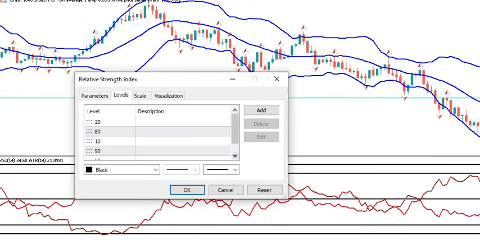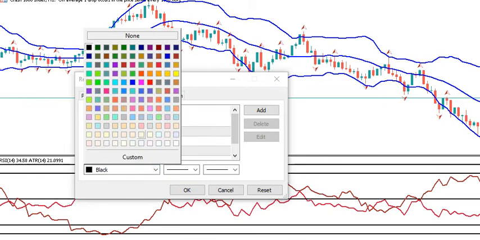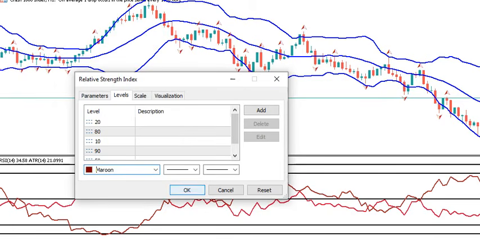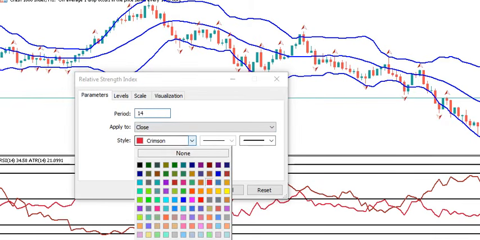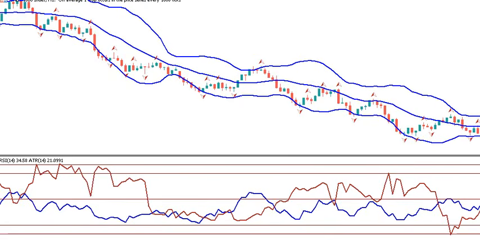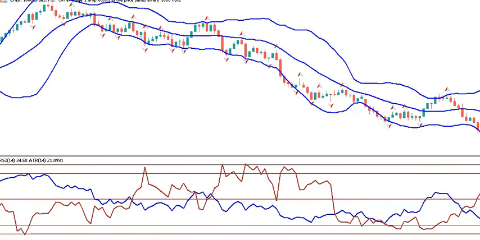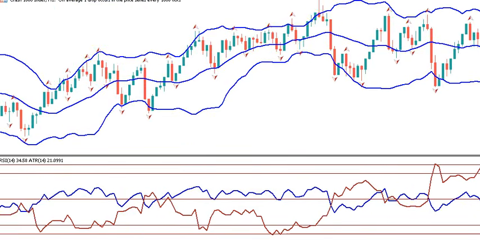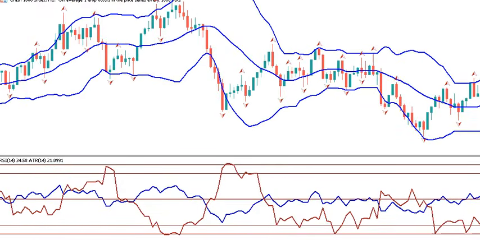So let me bring down the level line so that it will not affect this thing as it's showing right now. Good. All right, let me make this one blue. Good. Now, with what you can see in our chart now, what you have here is